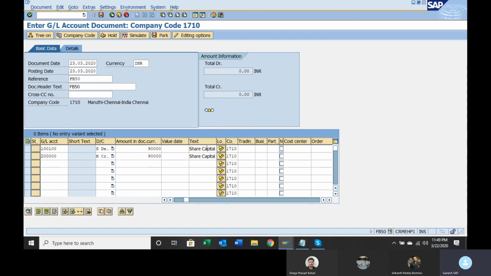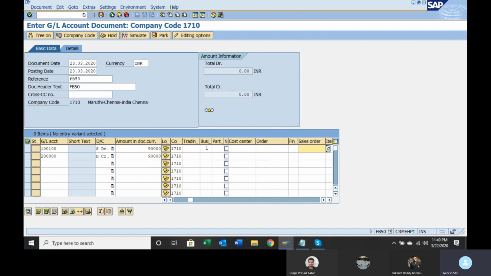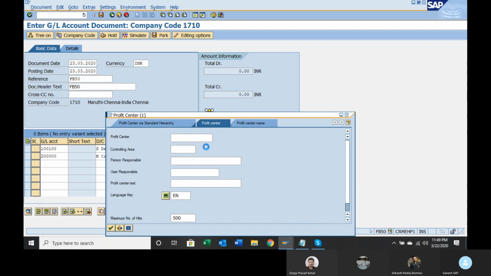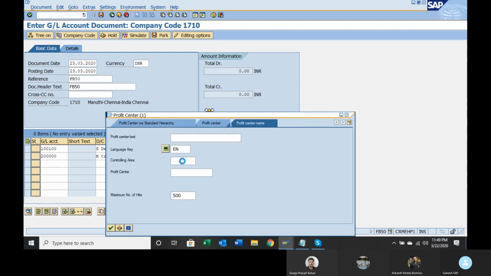What else do you want to give? I want to give profit center. Press F4. Controlling area 1710.